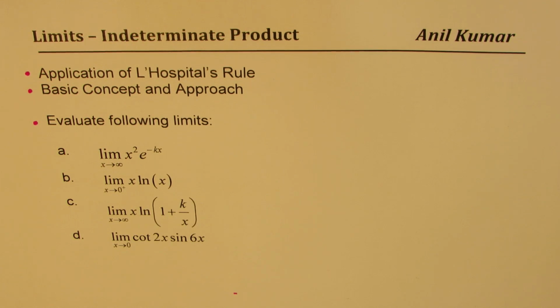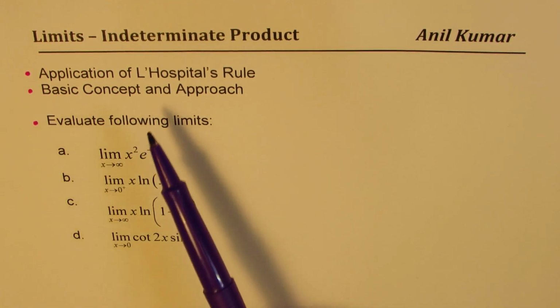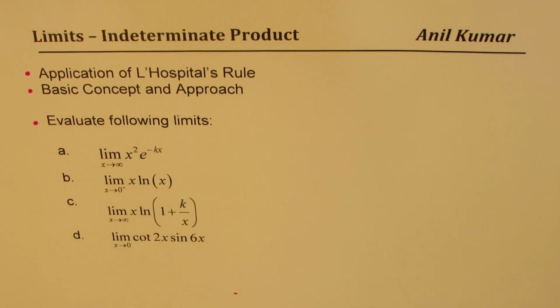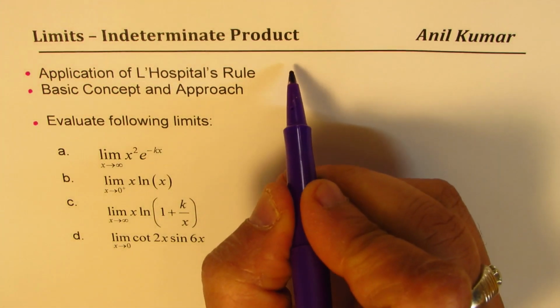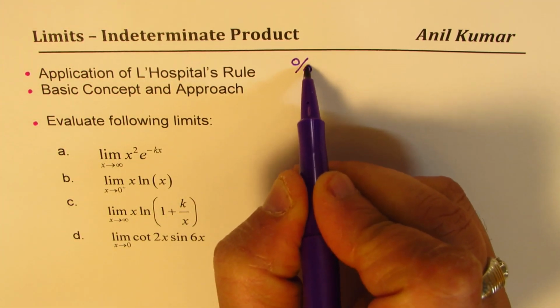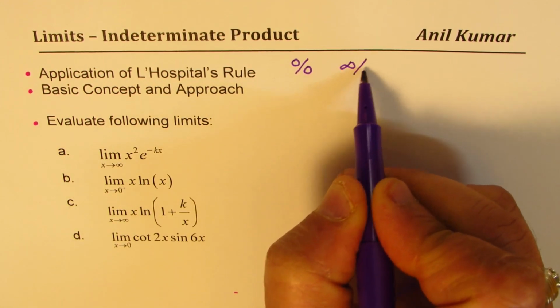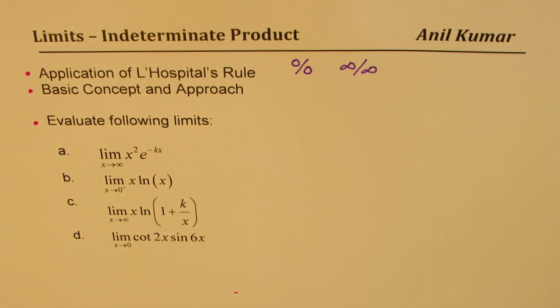We'll talk about how to evaluate limits when we are given indeterminate products. We have already seen that L'Hopital's rule can be applied to all the situations where we have indeterminates involved. So most of the time when the case is 0 by 0 or infinity over infinity, we successfully get a result using L'Hopital's rule. In this particular video, we'll consider